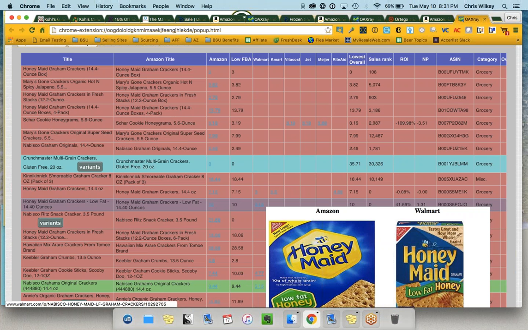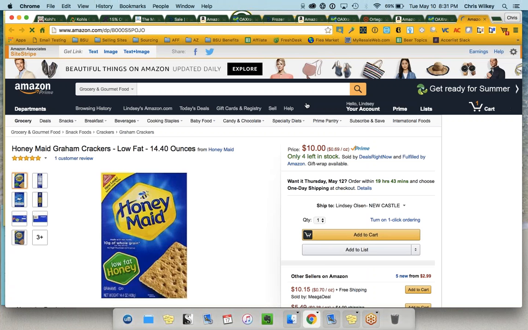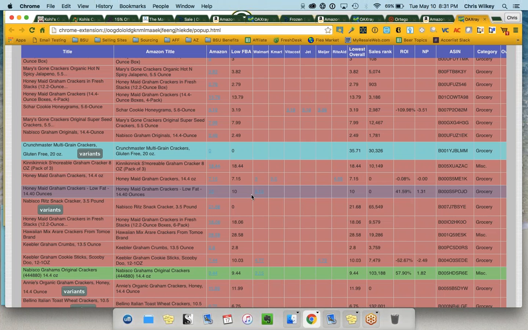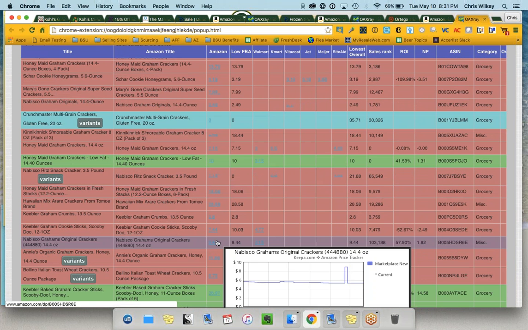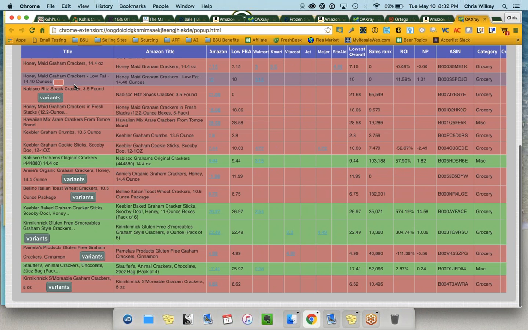These may be on, let's see what these are on here. There's 10 left in stock. What about, oh, look, I can get them from Walmart. And they don't have any sales rank right now, but it's an option. Look here, here's Nabisco graham crackers. You can reverse engineer. So this is another way that if you're really sitting there struggling, and this is where